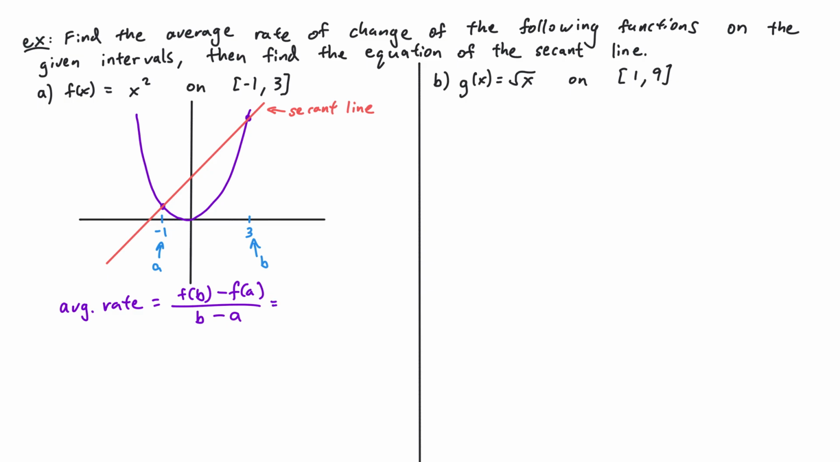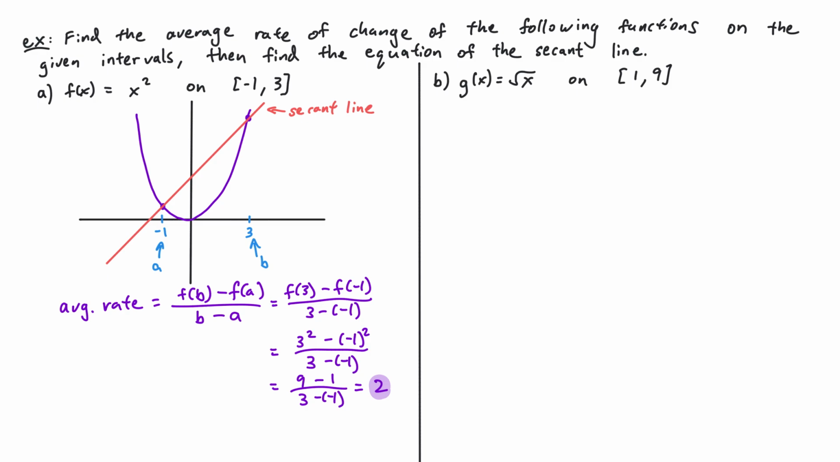So what we want to do is compute f of 3 minus f of -1 divided by 3 minus -1. Since our function is the x squared function, we have 3 squared minus -1 squared divided by 3 minus -1. So we get 9 minus 1 divided by 3 minus -1. In the numerator, that's going to be 8. In the denominator, that's going to be 4. 8 divided by 4 gives us 2. So 2 is the average rate of change for our function on the interval